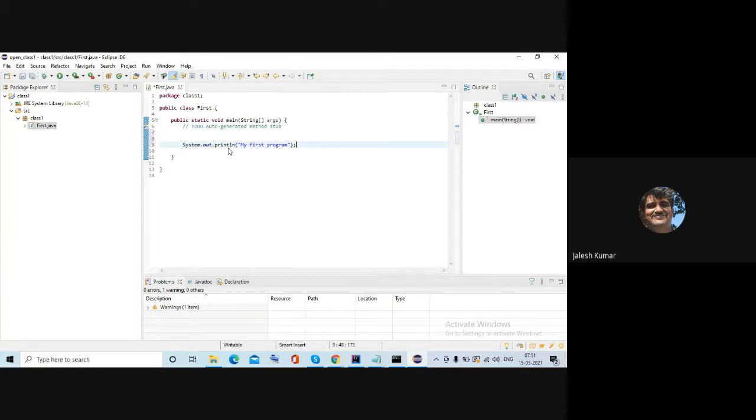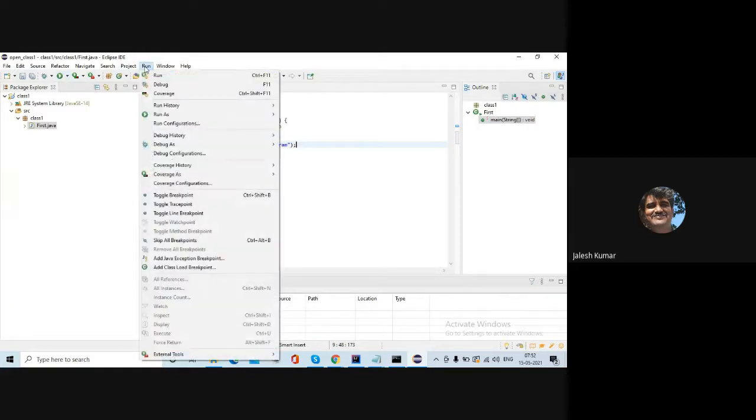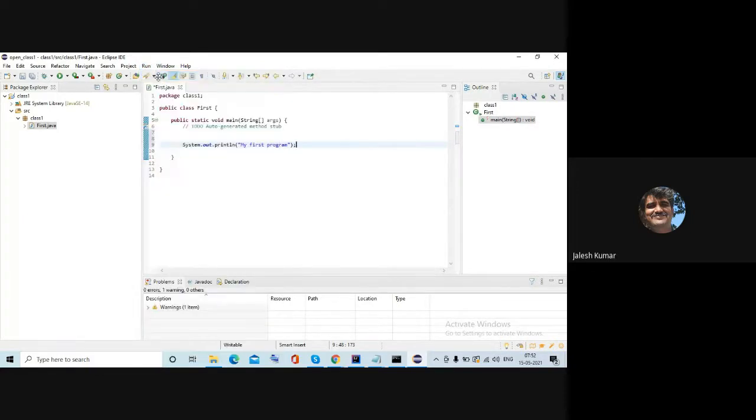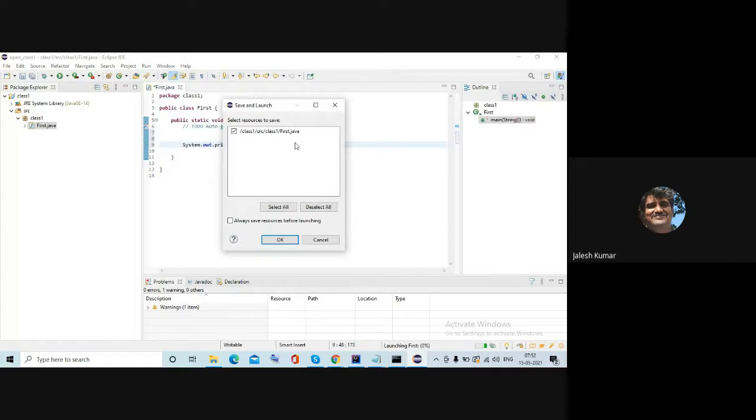Okay, see this, and after typing this, you go to run. This is the run command. Here also run is there, you can type that, or you can press Ctrl+F11 to execute the program. It is not necessary to debug and run, you can directly run the program. When you run, you will get this. If you get this, it indicates everything is properly launched. It is already selected, you give OK.